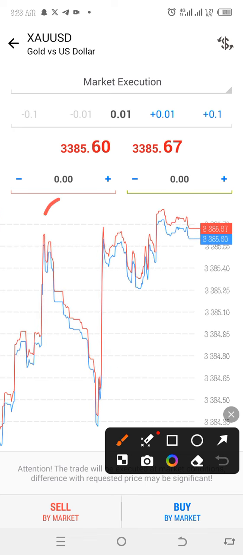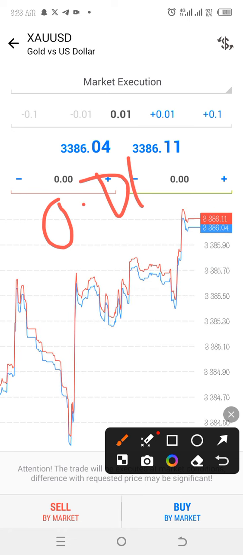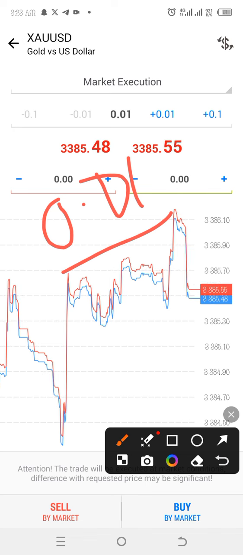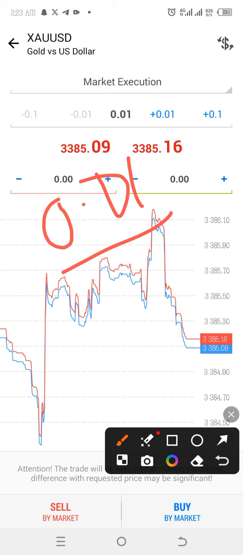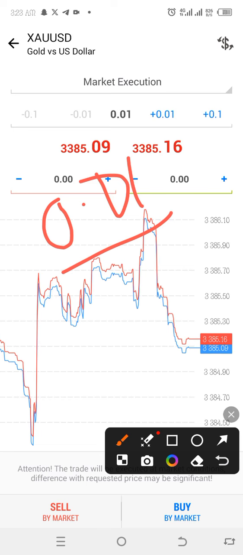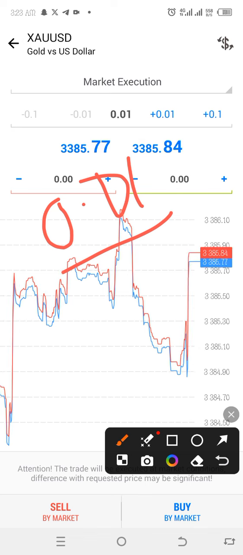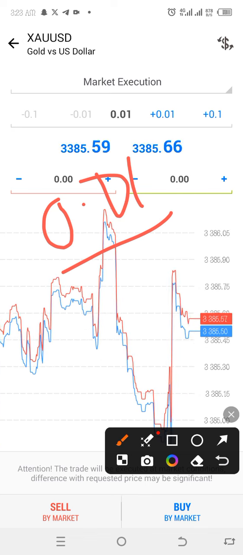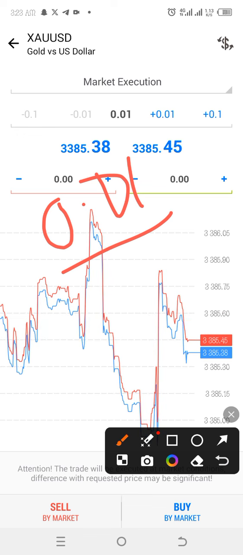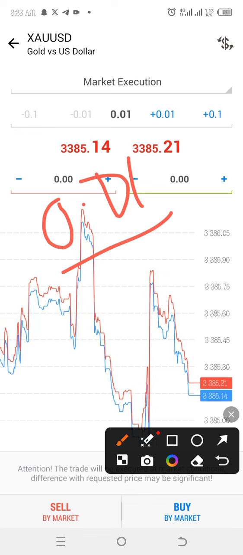Like now, 0.01 is micro lot size. So if you have any money, maybe like $10, up to $20 to $50, you can make use of 0.01, because it depends on which currency pair. But if you are trading gold, I strongly advise that you make use of 0.01, because gold is very